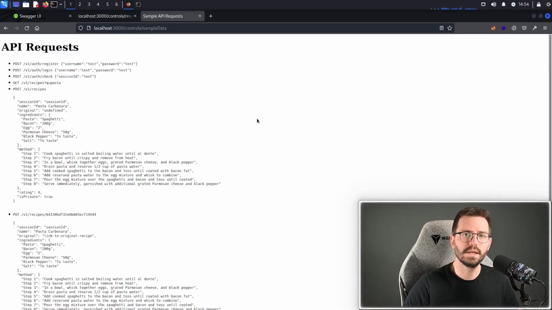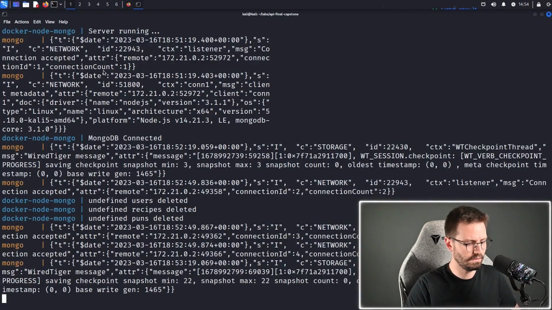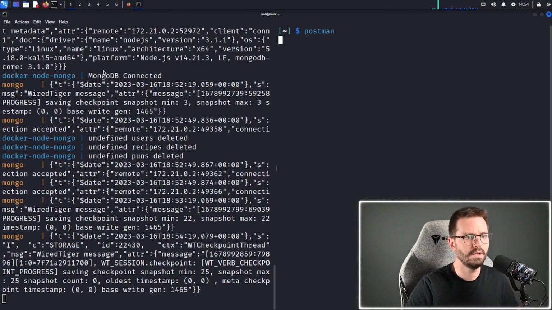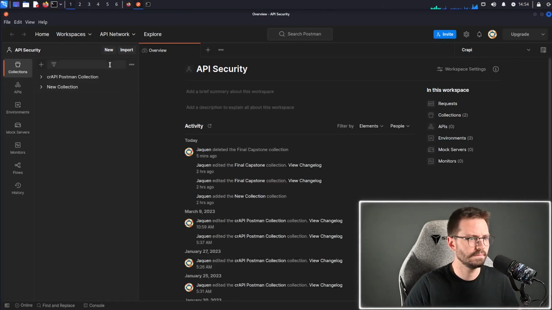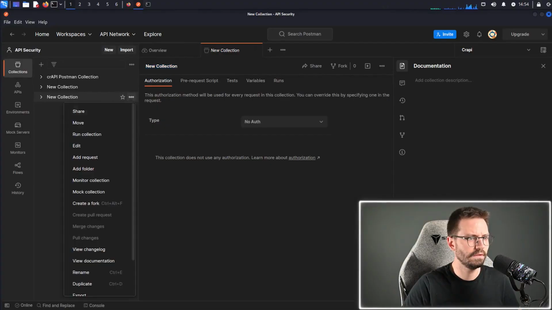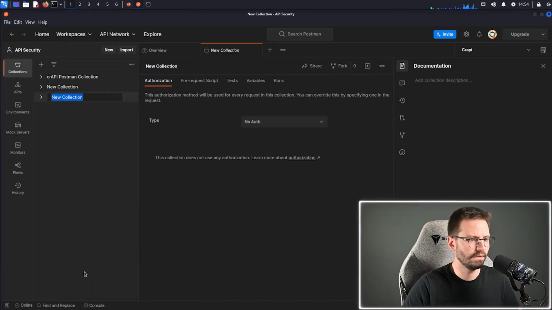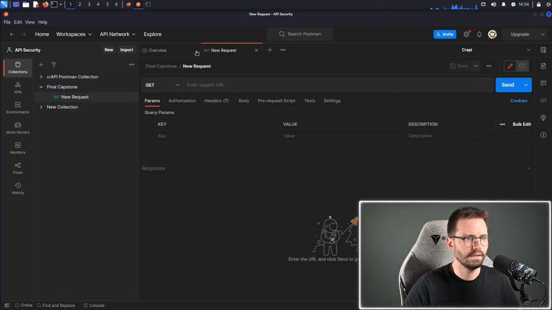So I'm just going to quickly make a request to make sure everything is working. So what I'm going to do is actually, let's just split this and load up Postman. Let's just create a new collection. Rename this collection to final capstone. And then in here, add request. I'm just going to close this. And what we'll do is we will,